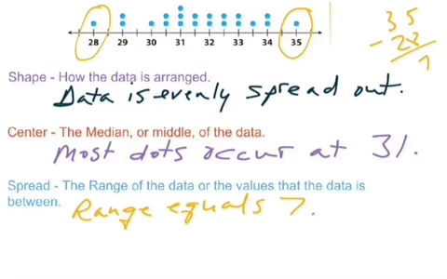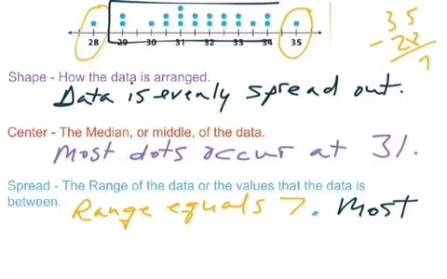And you could also add another one. We could put a second one, and this I've seen before too, that the data is really concentrated between 28 and 35. So say most of the data, let me put it this way. Most of the data actually, even though the range is 7, most of the data falls between 29 and 34. You have this lone 35 out here and this lone 28, but most data